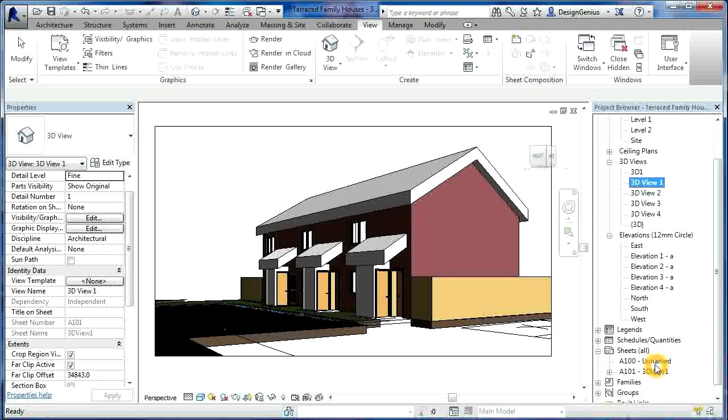So you're essentially doing perspective views of the project. Then we looked at how to set up your project on drawing sheets. We looked at how you might print them, and then we went on to look at